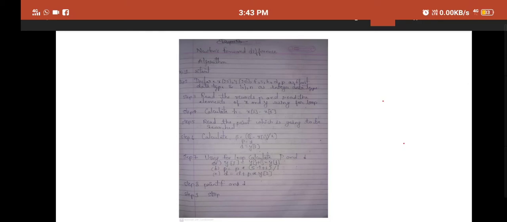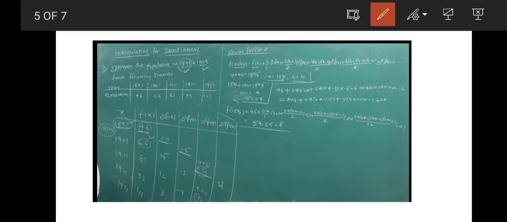Our next topic is Newton forward difference. This is the method which is used for calculating values for equal intervals. Before understanding the algorithm for Newton's forward difference, first understand the concept. Suppose you are given a set of values like year 1891, 1901, 1911, 1921, 1931. As you can see, they are equal intervals, meaning there is the same difference between the intervals. So if we have to find any values between them, we can find them by using Newton's forward difference interpolation